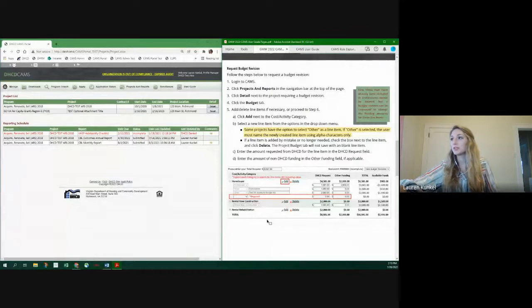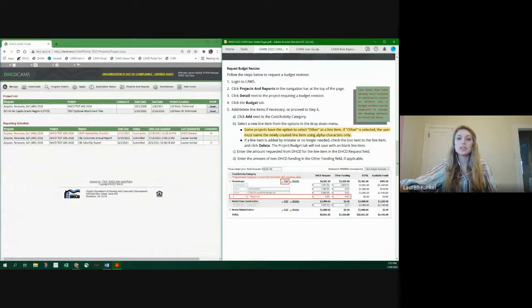That's going to be true here for when you're making a budget revision or when you're completing your budget for an application. One thing we've realized is if a budget is revised and it had special characters in that field before we put this restriction in place, it can make some of your totals look funny on the budget tab. Everything is accounted for properly. If you were to go into a remittance and look at a remittance, the totals there, everything is fine. You can see what's been paid out, but it might look a little weird on what you have available on